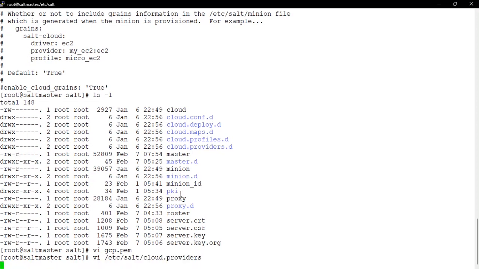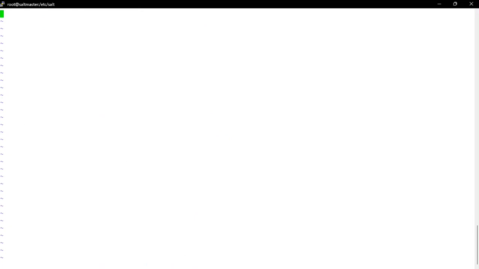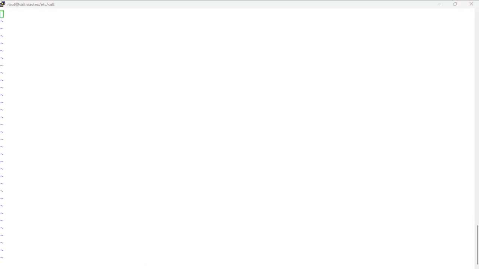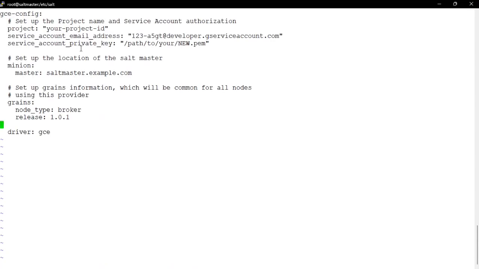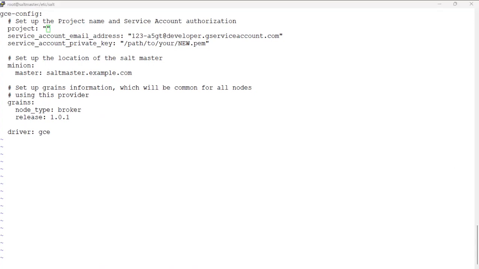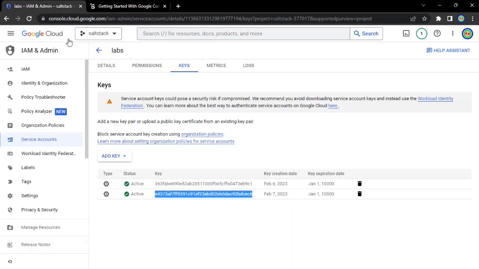And here there is a sample cloud provider which we saw in that. Okay, so let me just use it. This is the configuration. So here I need to provide my project ID. So the project which I created on the GCP, I need to provide the project ID. So this is my project, and my project ID is